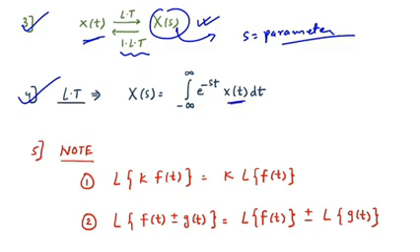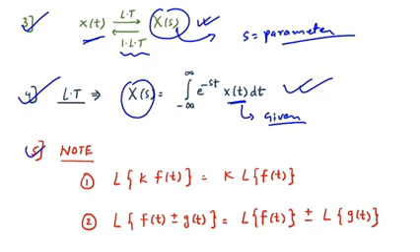So basically you have x of t, this part is given, right? We have a time domain signal. We want the Laplace domain signal, which is capital X of s. Then the formula is the integral from minus infinity to infinity of e raised to minus st into x of t dt. If you solve this integration, you will get your answer, which is the Laplace domain signal.